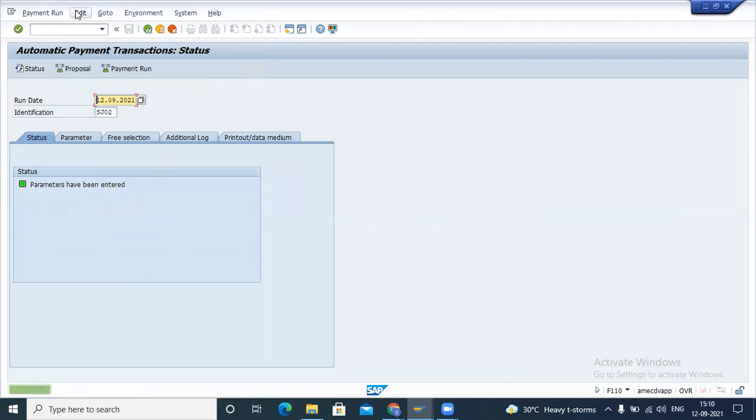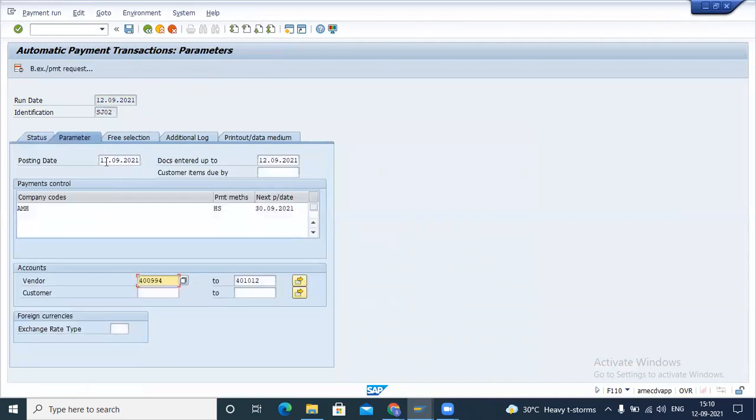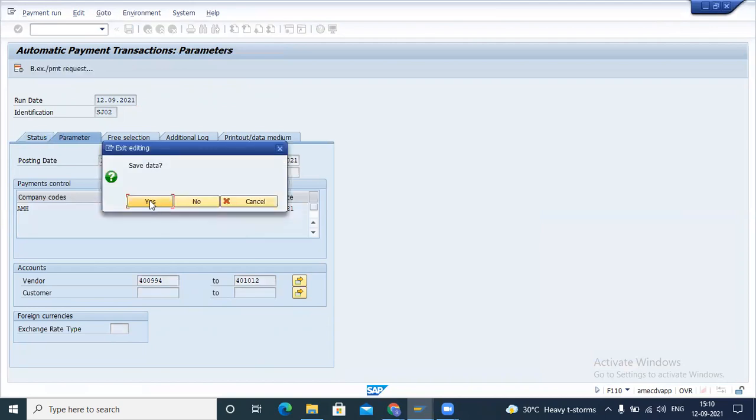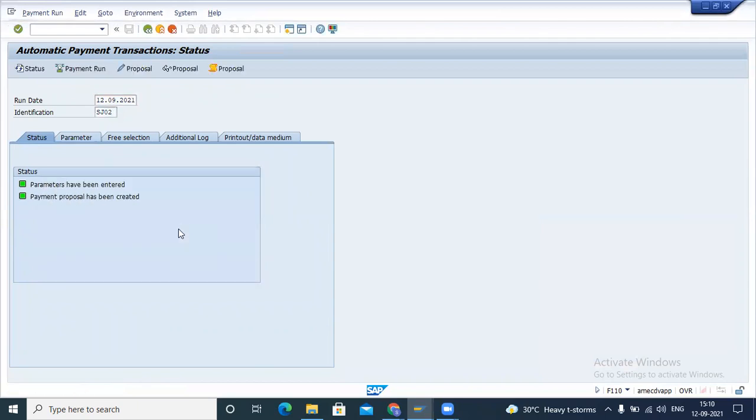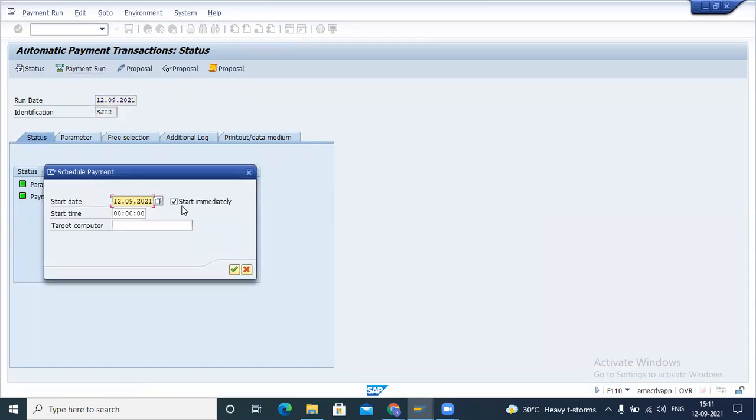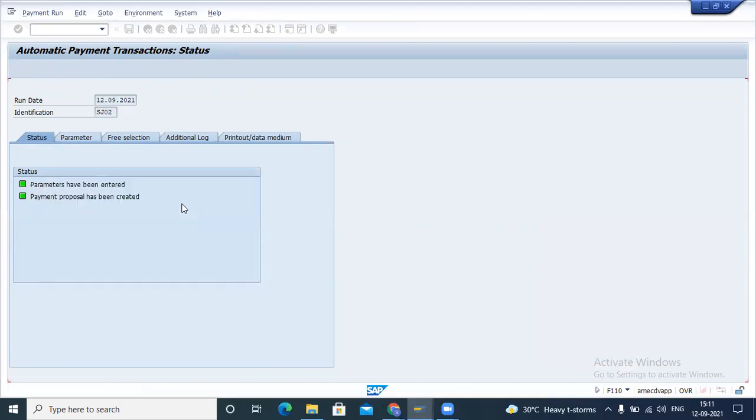Just delete and create the proposal again and go into the parameter tab, change the date, suppose 12th, and save and create the proposal again. Once the proposal is approved, click on the payment run and select this checkbox and just keep pressing enter until the green status comes.